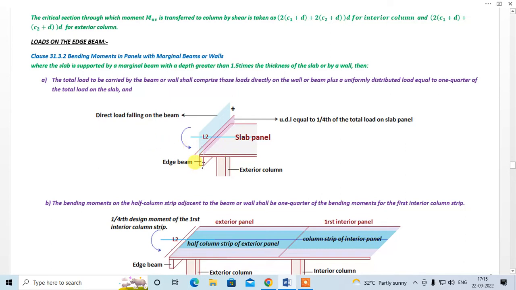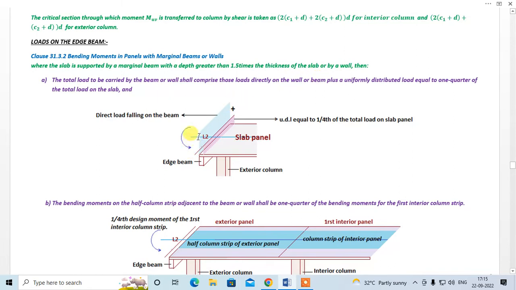So for what load does this beam have to be designed? Direct load falling on the beams. Total load to be carried by the beam or wall shall comprise those loads directly on wall or beam,